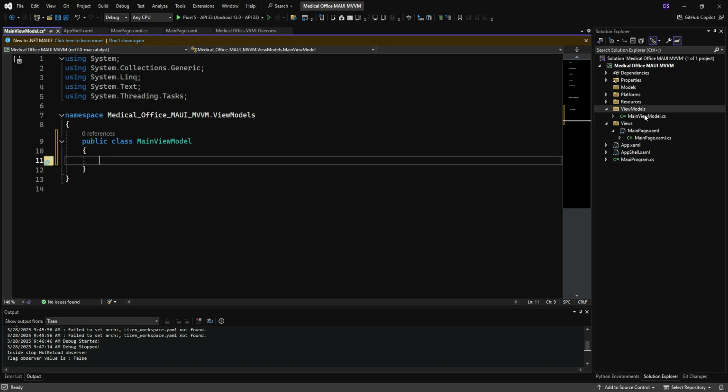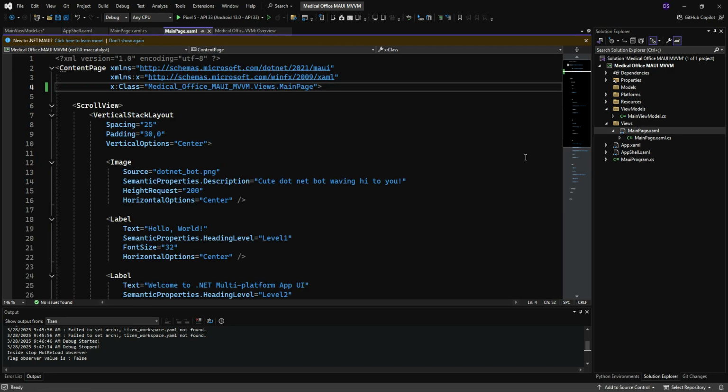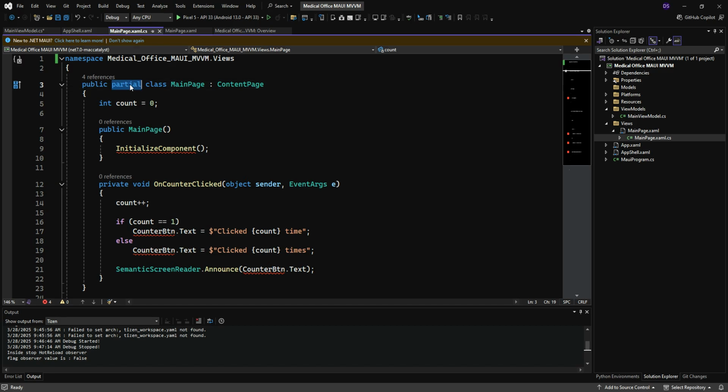Now there's still at this point, other than a naming convention, there's nothing that actually ties it or associates it with the actual main page, our view itself, right? We're going to have to do that ourselves. And for the sake of the parser inside XAML, maybe I should just take a moment and talk about how a page works, right? We have the XAML because that's how we decided to create the project. Really, this is a short form for writing a whole bunch of C# code, right? Which is why the code behind, you notice, is a partial class, okay? As a partial class, then it can be combined with the code being generated from our XAML to make a single class, a single object